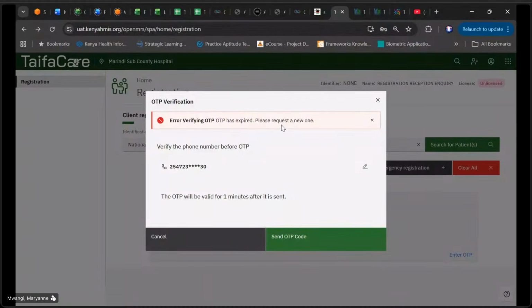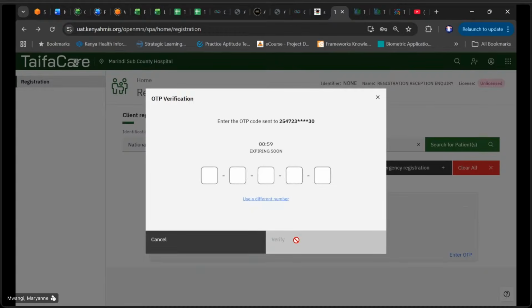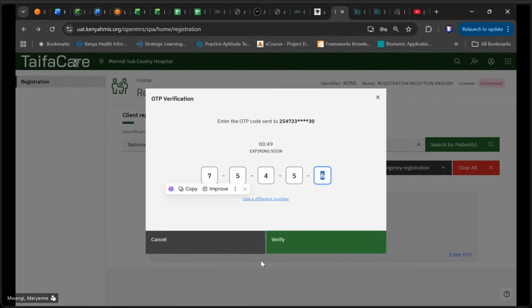Unfortunately, it's like the OTP expired. Once it expires, it is going to give you the warning that I had just mentioned, and it's going to ask you to request a new one. So we're going to do that again, send OTP. Sending OTP to a client's phone takes less than 8 or 10 seconds. Again, this also depends on the connection within the facility. For this to happen, the user or machine accessing this needs to be on the internet. So once we verify,